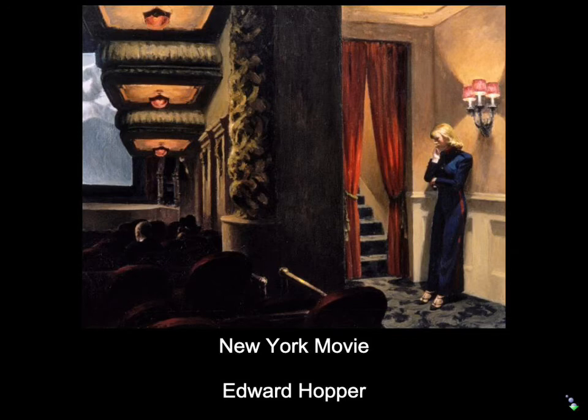I won't comment a lot on this, but I have to throw this in. New York Movie. This is one of the first paintings we've seen where a painter includes the movie theater and a motion picture going on. So that's pretty interesting. And of course, that's part of American life now. Actually, by the 20s here, we're into what they called the talkies, which was the movies with voice. And that's what you're seeing here. But look at the way Hopper composes this, the viewing angle he gives us.